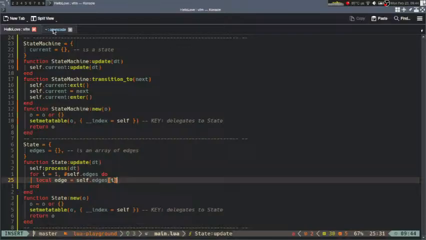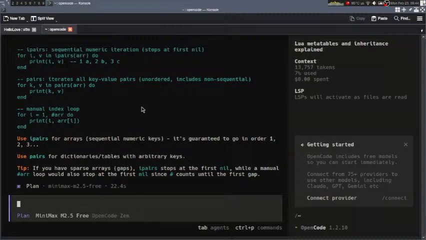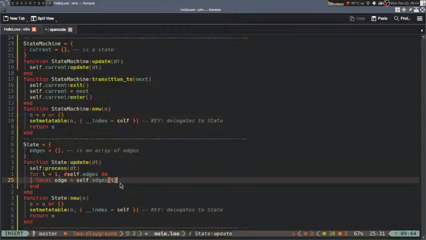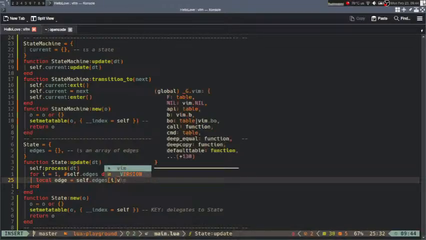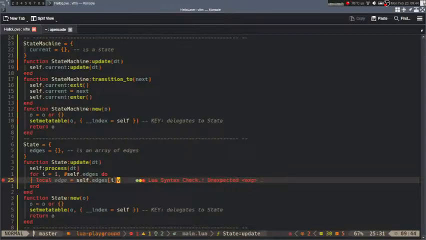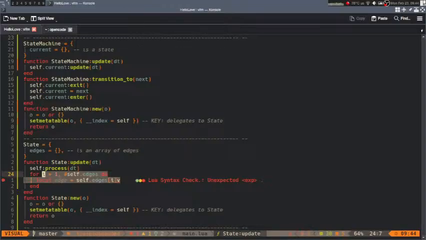Well, I mean, it might be better to do for I comma v in I pairs array do, right? Because then what we could do here is